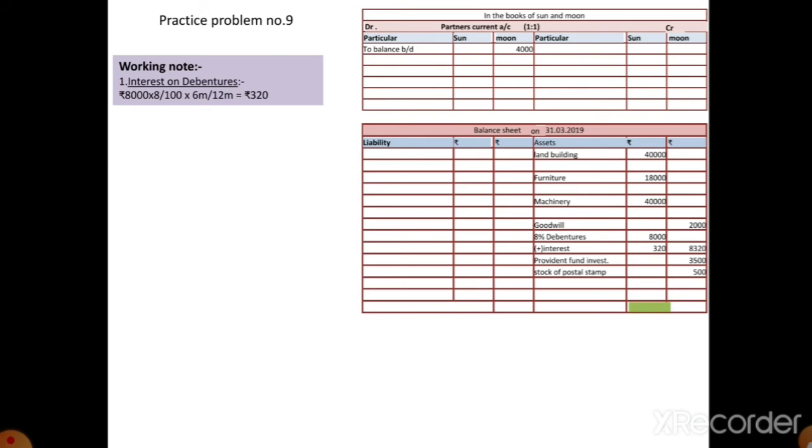Now we post the credit balance list. First of all, the opening capital of Sun and Moon, that is shown on the liability side of the balance sheet. You can directly write it on the liability side, or you can separately prepare the partners' capital account. In this video, or in the slides, we write it on the liability side of the balance sheet. How is it written? Partners' capital account, first Sun capital 33,500 and Moon capital 33,500. Okay, the total of partners' capital is 67,000. We write it in the outer column.